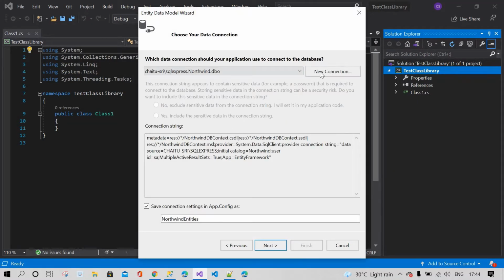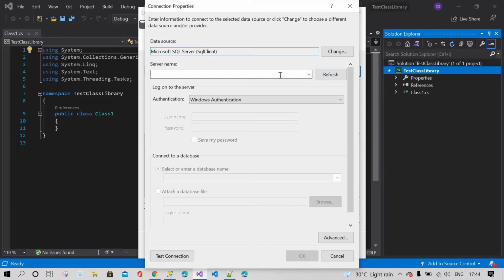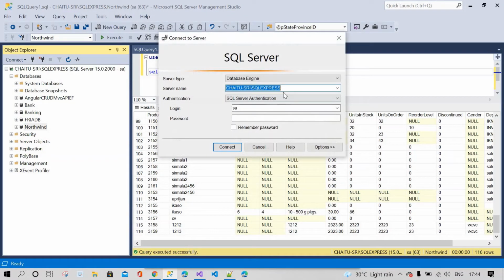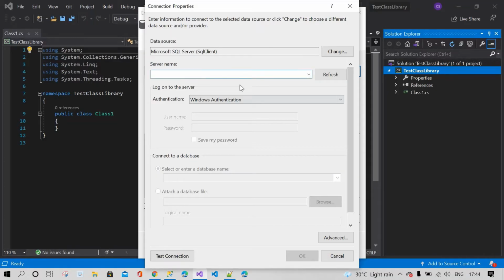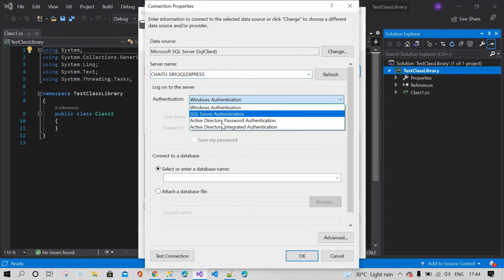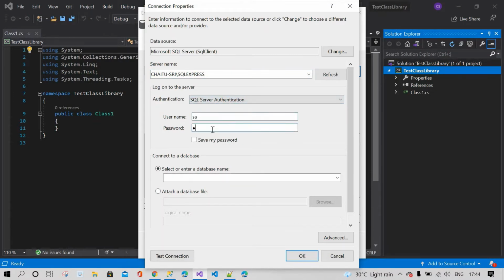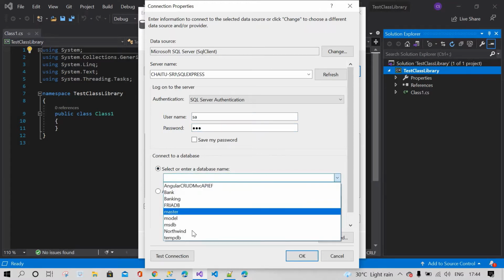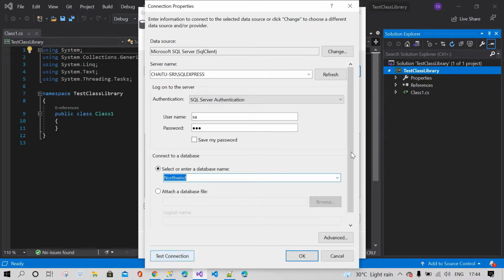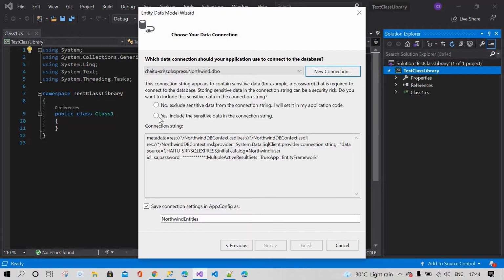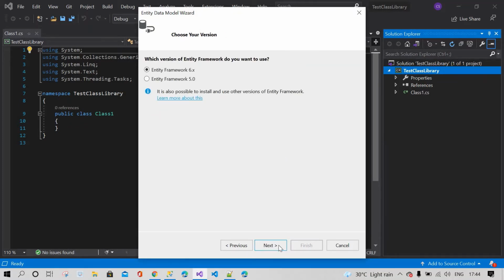Here you can see I'm going to give a new connection. My new connection name is 123. You can choose the database here. I'm going to choose the Northwind database, and the test connection succeeded. Now click OK. After that you have to click include sensitive data.